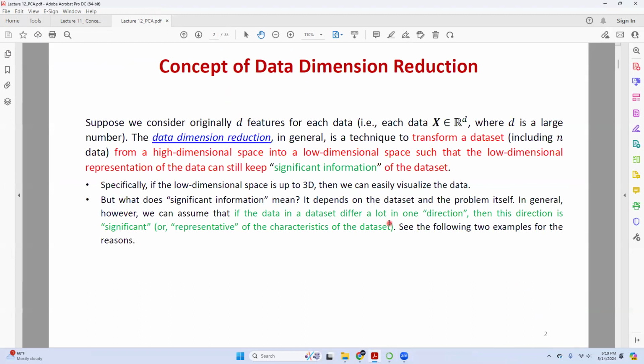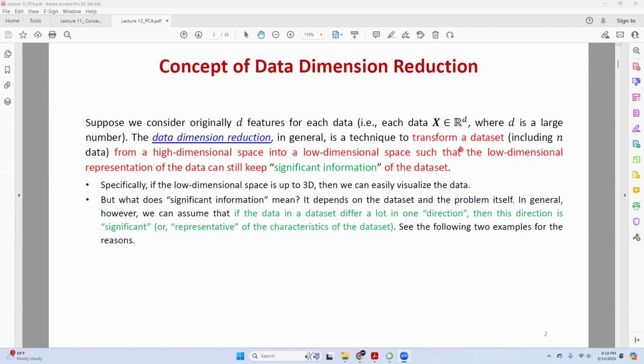So here the main reason for PCA is data dimension reduction. Just now in k-means clustering, we've already seen a technique for data dimension reduction. And here's another thing. The good point of PCA is that it can somewhat capture more information. So first of all, let's have a look at data reduction in general.